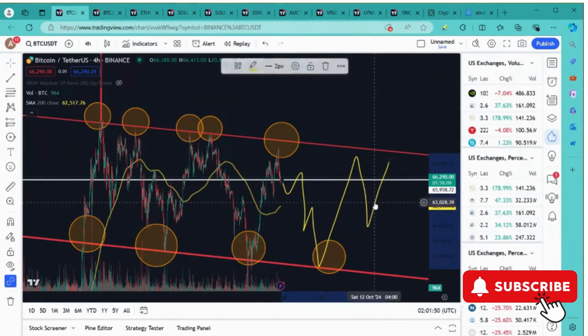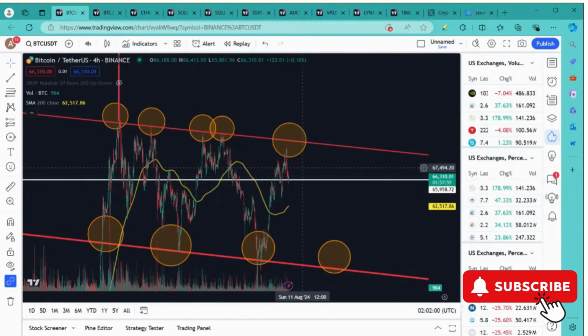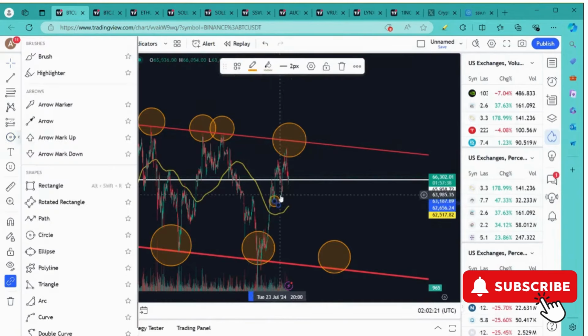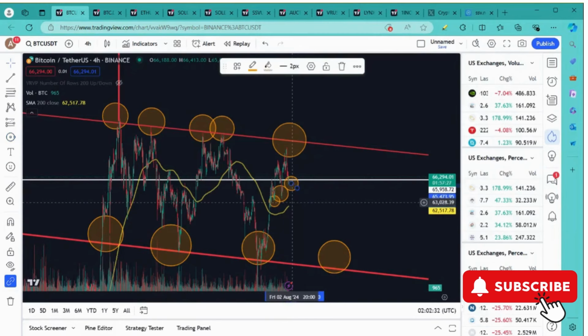However, what we currently see on the chart is a retest of the cup and handle neckline. Okay, guys? Which is very bullish. Also, on the 4-hour chart, we've broken above the 200 moving average. So we might start bouncing here, okay? Above the 200 moving average. And that's going to be very bullish. That's going to be an indication that we are uptrending. Okay? Now,